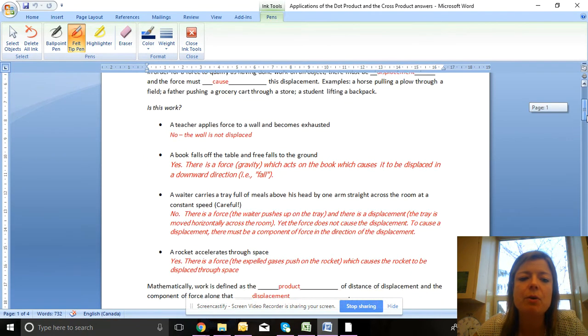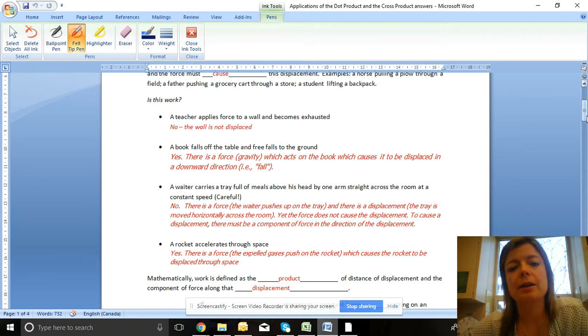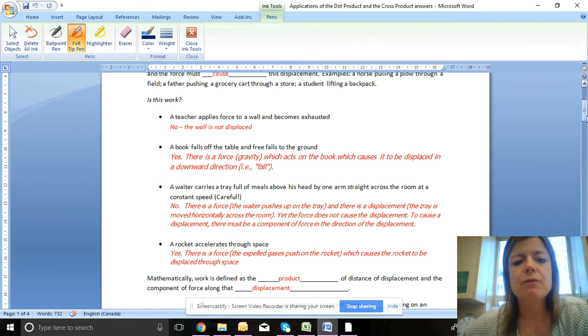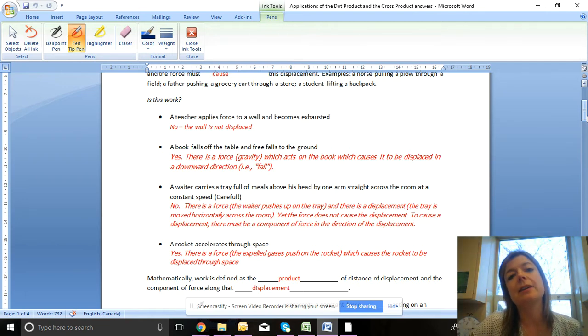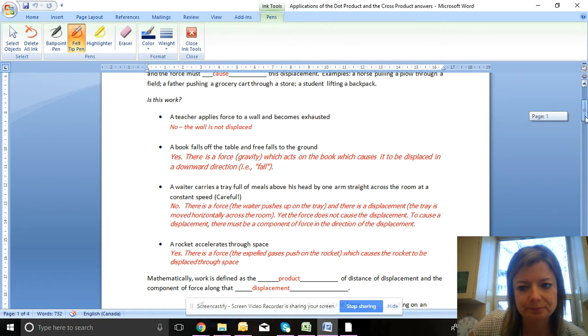So now, four questions about: is this work? A teacher applies force to a wall and becomes exhausted. Well, no, this is not work because the wall is not being displaced. Or what about a book that falls off the table and free falls to the ground? Yes, this is work because there is a force of gravity